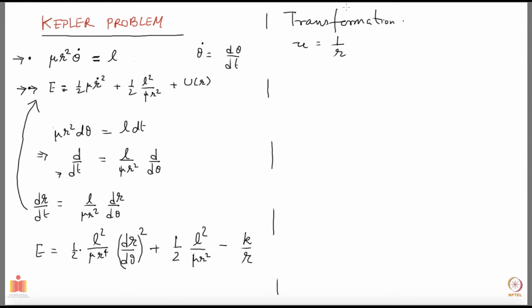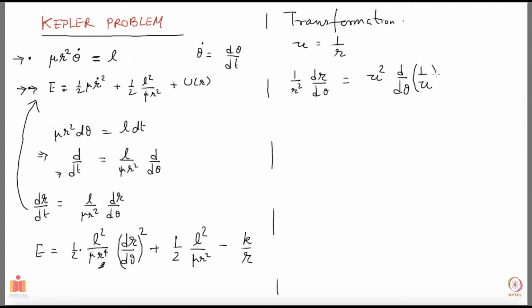Now let's look at what happens to dr over d theta. So you have r to the 4 here, dr over d theta squared. So let's look at only 1 over r square dr over d theta. So I want to look at 1 over r square dr over d theta, and let's find out what this is. So if I substitute u here in this expression, 1 over r square becomes u square, and you have d over d theta of 1 over u.